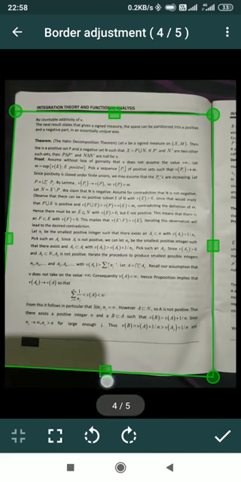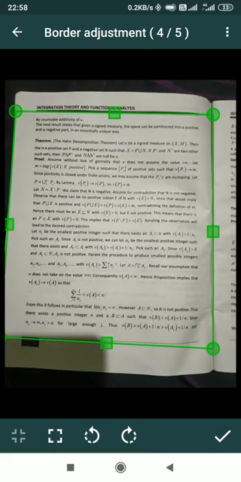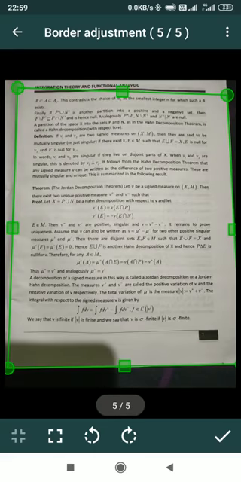Selection is done. This is the fourth page. You can see the number over there at the top. आपको उसी टाइम पे नंबर चेक करना है कि आपने कितने पेजेस स्कैन किए हैं या फोटोग्राफ क्लिक किए हैं. So you can see over there it is 4 out of 5, 4/5. It is reflecting over there. Now again I click on, this is my last page.